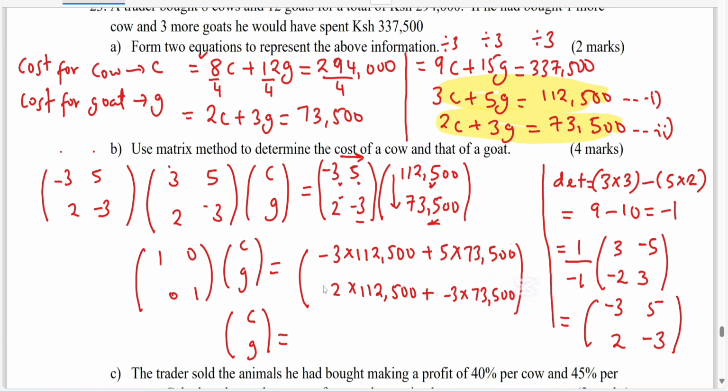So negative 3 times 112,500 itakupa minus 337,500 plus 5 times 73,500 itakupa